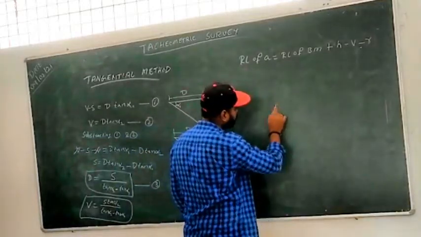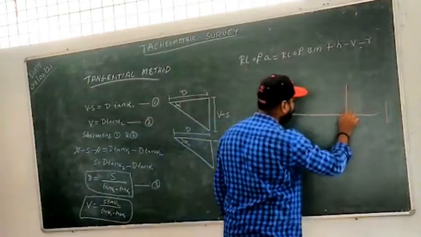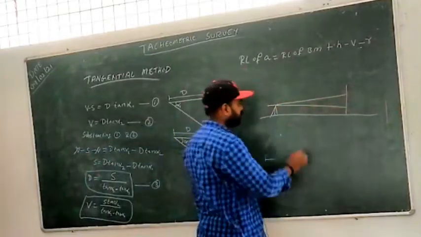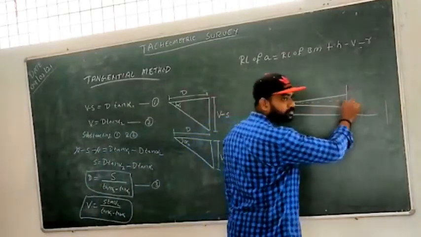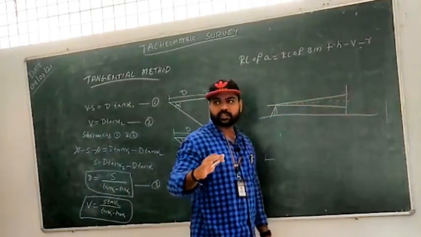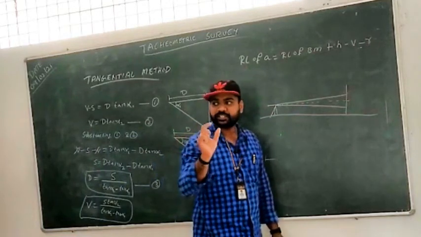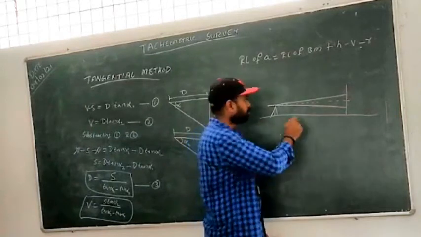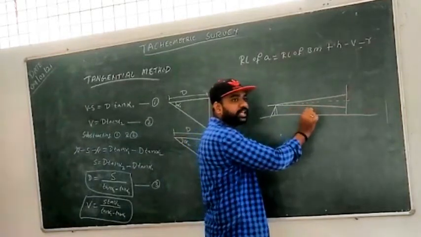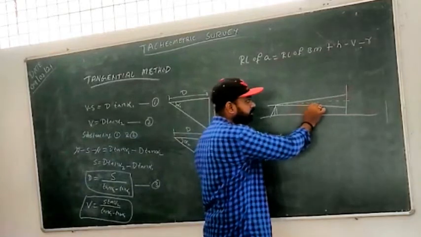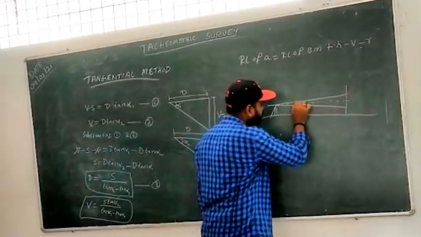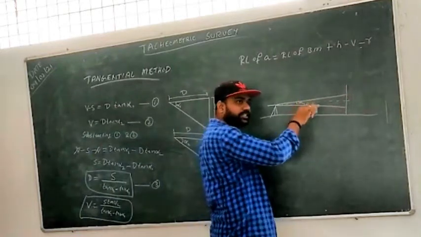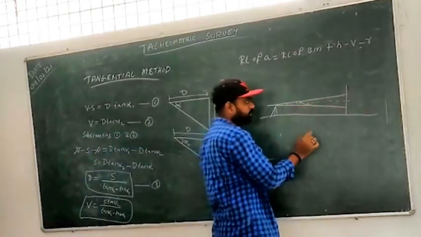So for that, this is your theodolite, say this is your ground profile, and this is your top side and this is your bottom side, okay, and this is your horizontal axis. Whenever I say horizontal axis, the vertical angle will be 0. Understood? So always the vertical angle will be 0. So don't consider this as a line of sight. This is the horizontal axis. So this angle you can say alpha 1 and this angle you can say alpha 2, where alpha 1 is the angle of elevation and alpha 2 is the angle of depression.